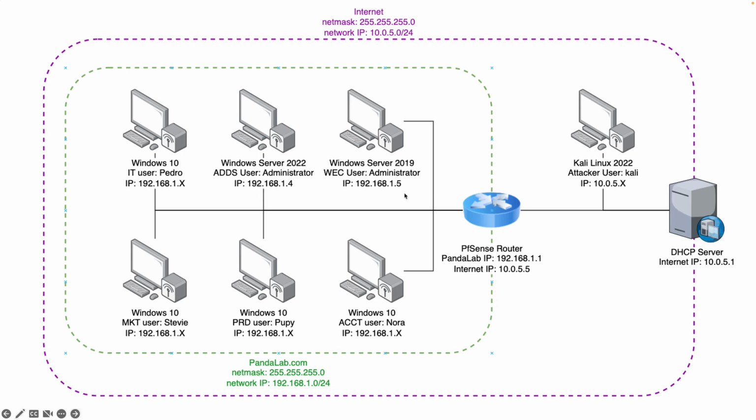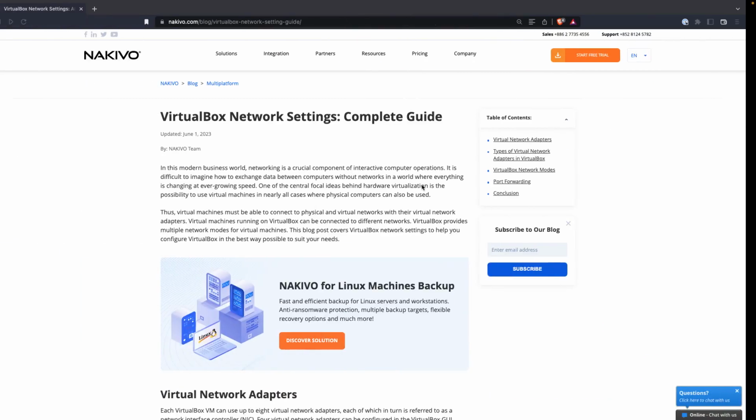Pandalab.com represents a business network with 6 Windows devices and a router that can communicate with external devices. On the other hand, the Internet network contains all our virtual devices, including pandalab.com, and communication to external networks is not required. Therefore, we will use the NAT network mode to represent pandalab.com and an internal network to represent the Internet. Going back to VirtualBox,